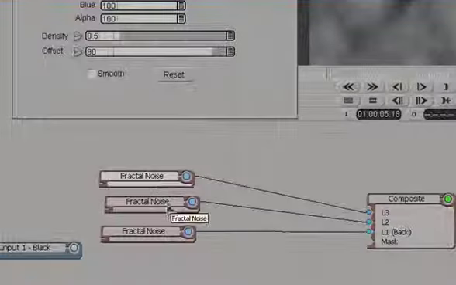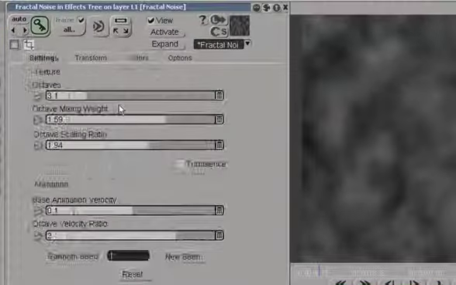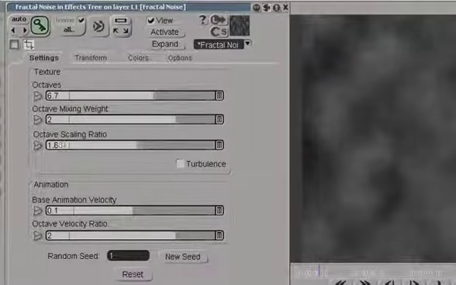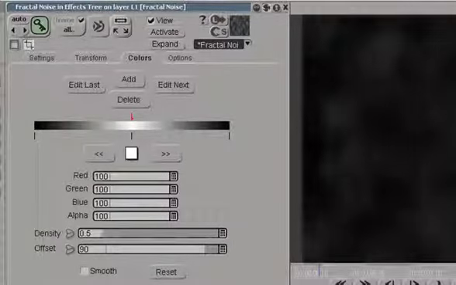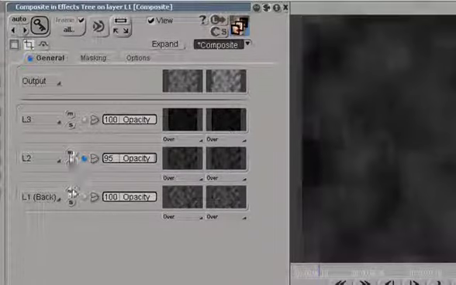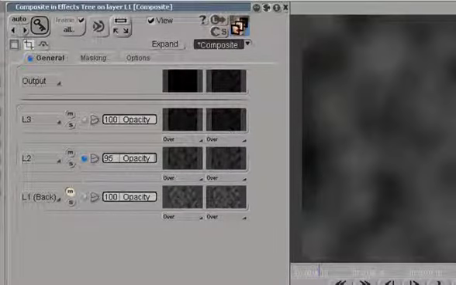And we'll repeat the action for the third fractal noise generator. Make it look even larger. Go to colors, change the density to 0.03, click on composite, hit V on the keyboard to see what the interaction of these three layers looks like. We'll select pre-multiplied, enable this, enable the third one, and now we have already a fairly complex looking smoke